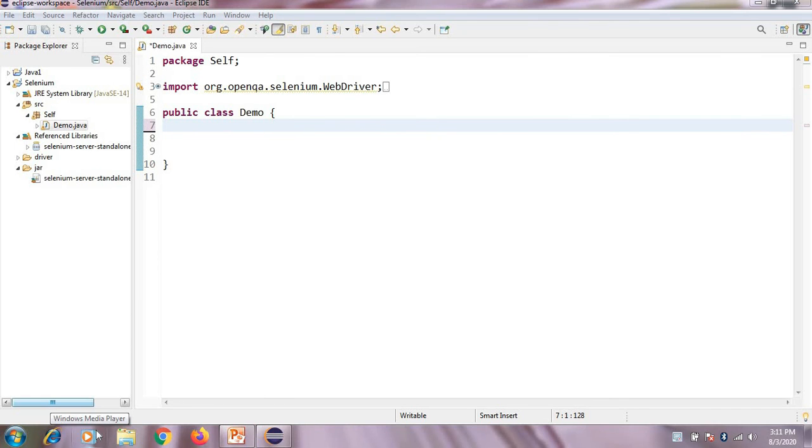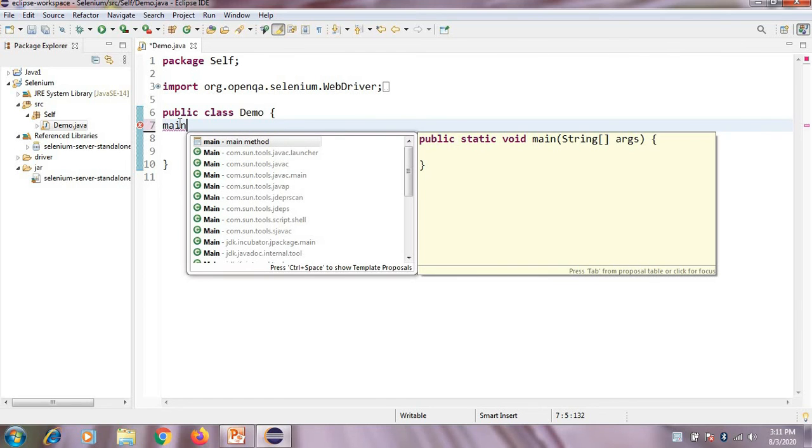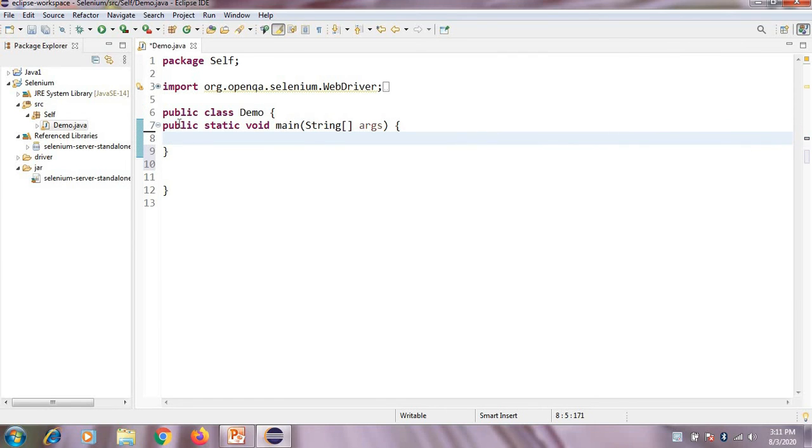Now create a main method. Type main, then Ctrl plus spacebar. Now press enter. It is automatically completed. Never type the full statement.